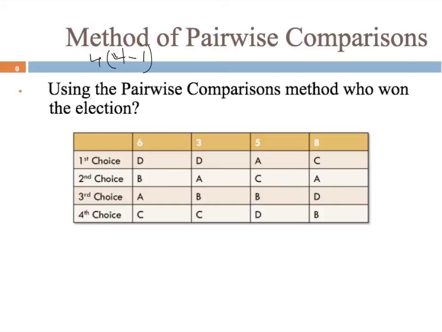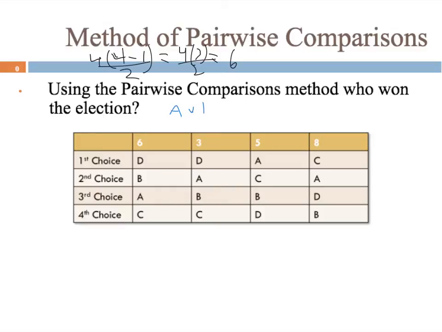4 minus 1, all divided by 2. So that's 4 times 3 divided by 2, and that's going to be 6. So we should have 6 pairings here. So that first one is going to be, I'm going to spread this out because we're working with limited space here. So A